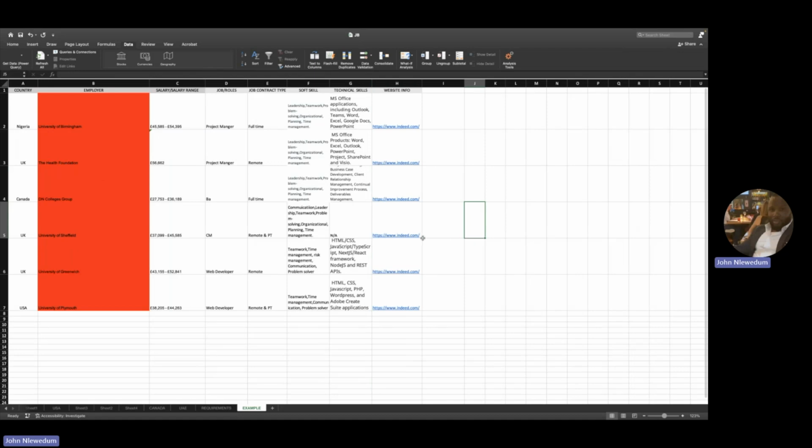I've got this little data here that I've just prepared for this session. It's not clean enough, but it's good enough for what I want to use it for. Just to give a bit of understanding, I'm going to explain each column. The A column is the countries, the B is the employers, the C is the salary, D is the job